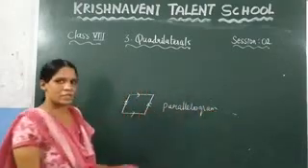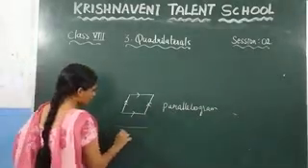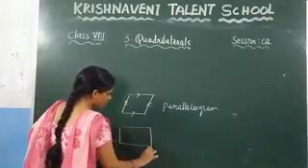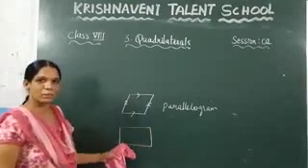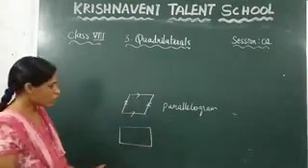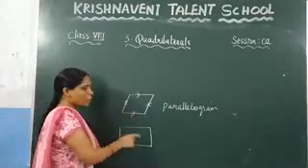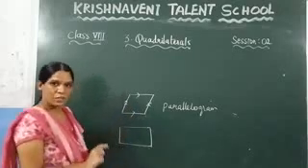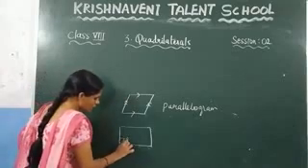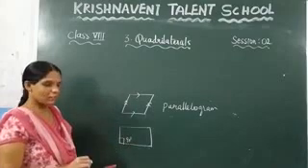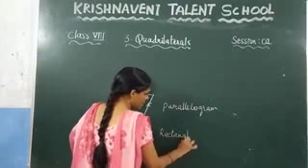And after that we discussed one more type of the quadrilateral, which is also a parallelogram. So here you can observe that this is a parallelogram, because these two sides are parallel, these two sides are parallel. Two pairs are parallel in this quadrilateral also. We call this one also a parallelogram, because the conditions of the parallelogram are satisfied in this quadrilateral. So what is the extra condition we are seeing here? Here one of the angles is 90 degrees. If that condition happens, it has a special name, we call it a rectangle.